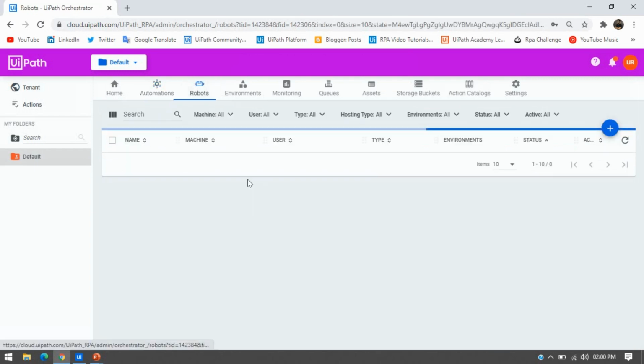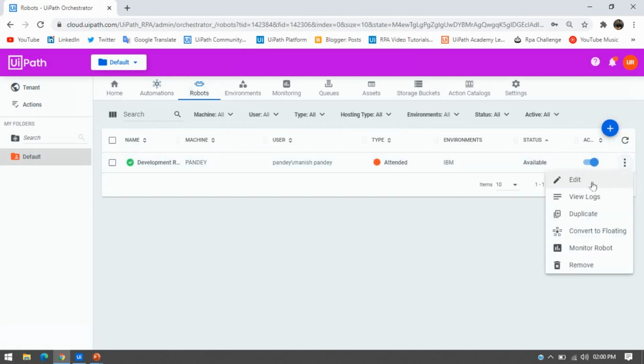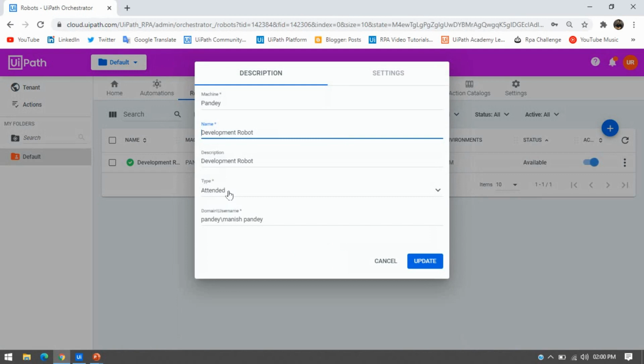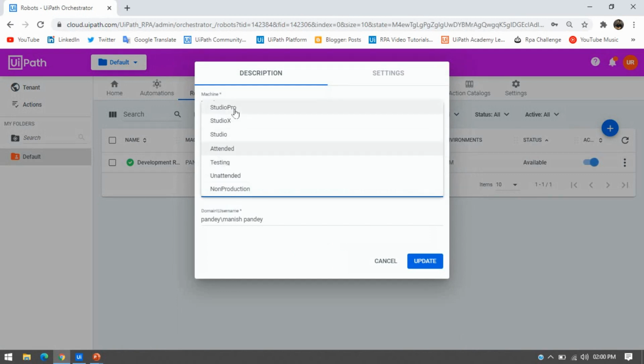Now let me go to the robots again. As I told you, other than these four robots, we have three more robots: testing, unattended, and non-production. These three robots have the features of unattended, which means you can run the job from Orchestrator.